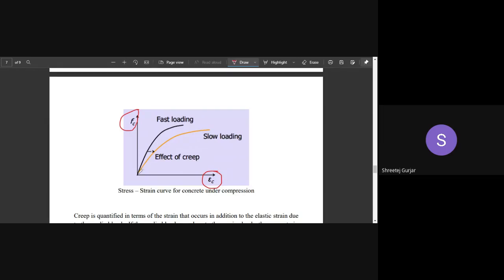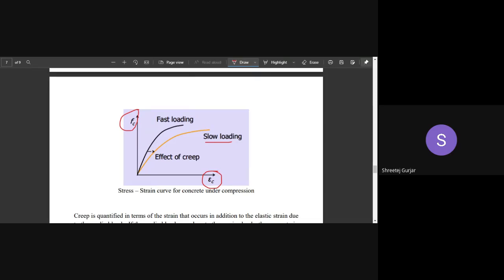So you can see this is the stress strain curve for your concrete under normal loading, or fast loading, right? This is your normal stress strain curve for fast loading. But whenever we have slow loading, we can see that the curve is not the same. Ideally, the curve has to be the same whether we are loading it fast or slowly. Whatever the loading case, the curve has to be the same, but we can see that it is not